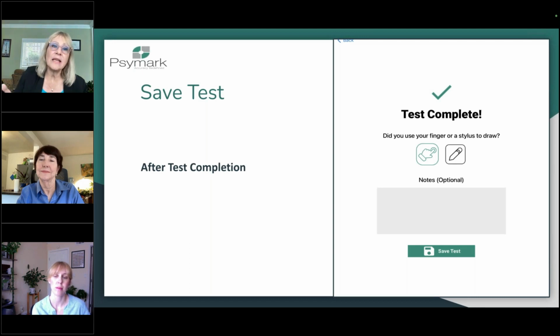And you would now have the iPad with you, and if there's anything that you would like to remember about how the examinee approached the performance, you can write it in the notes. Anything about their behavior or the positioning of the iPad, anything at all that you want to remember, these notes will appear on the test results page so that you will remember exactly how they approached the task. So when you are finished, you would press Save Test. And when you do this, next slide,